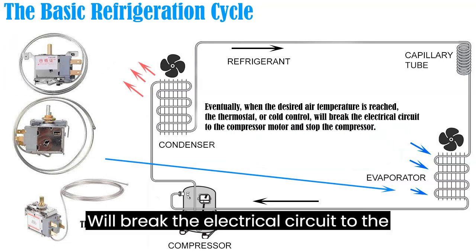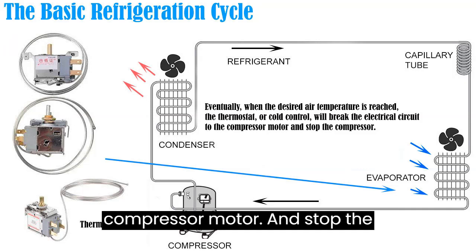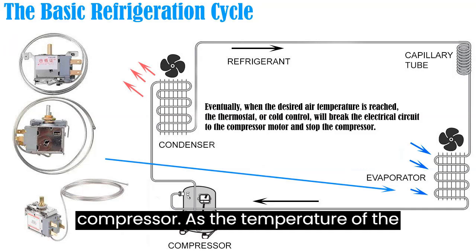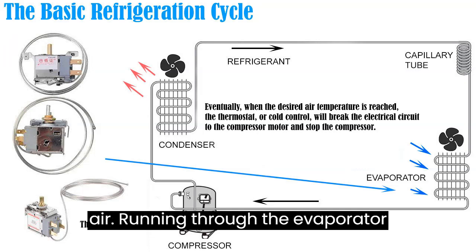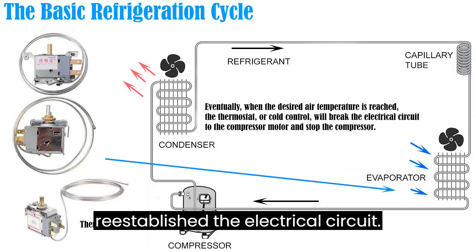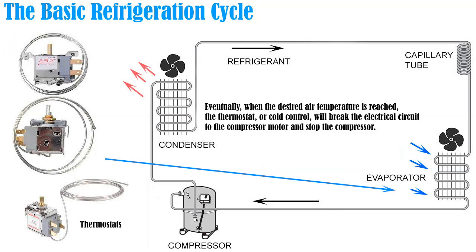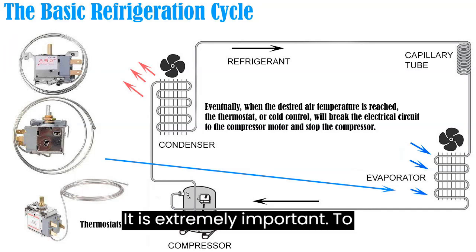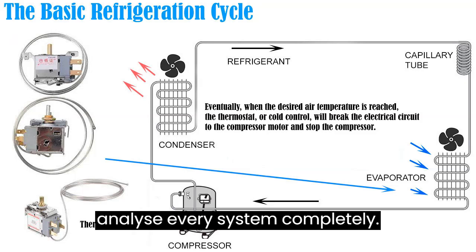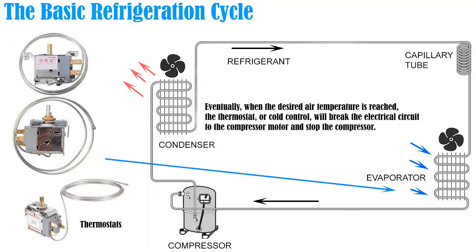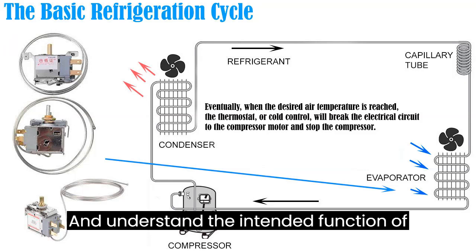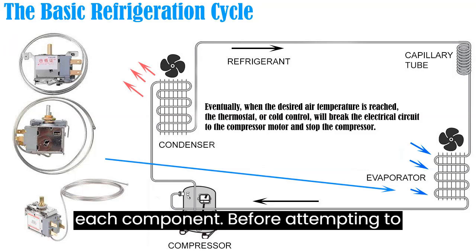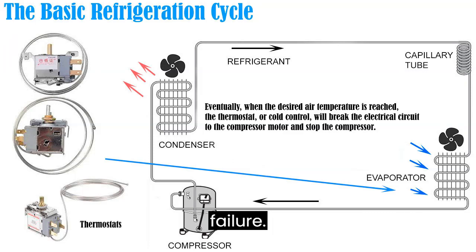Eventually, the desired air temperature is reached, and the thermostat, or cold control, will break the electrical circuit to the compressor motor and stop the compressor. As the temperature of the air running through the evaporator rises, the thermostat re-establishes the electrical circuit. The compressor starts, and the refrigeration cycle continues. It is extremely important to analyze every system completely and understand the intended